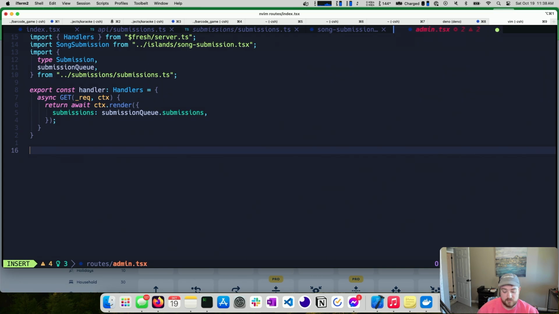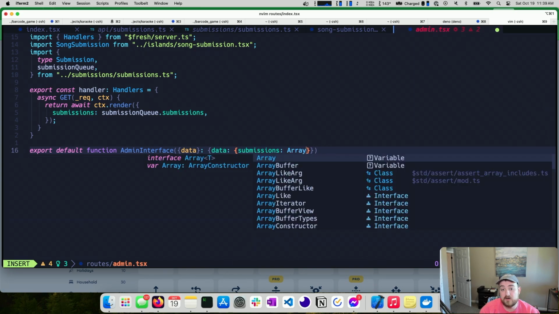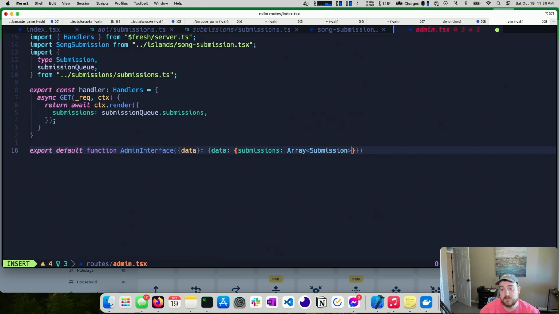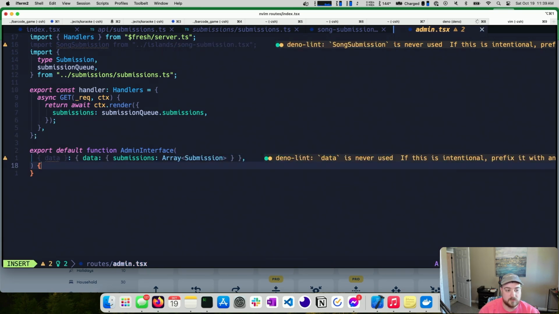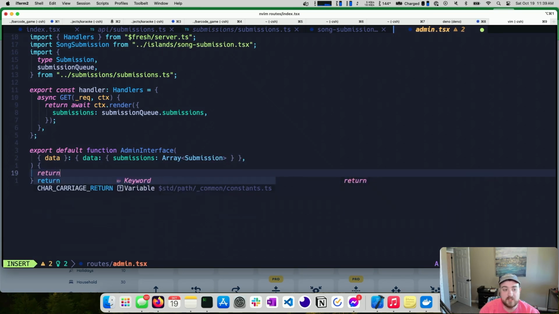So now what we can do is export default function admin interface, something like that maybe. We're going to get data. You know what, it'd be easier for me to just type out the types and explain it as we go. So data is essentially holding all of the data that we pass to our context render. So in our case, it is an array of submissions. Okay, feel pretty good about that. Looks good. Now that we're in here, we can return,